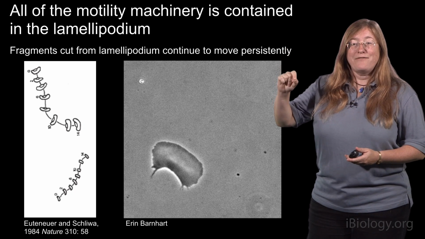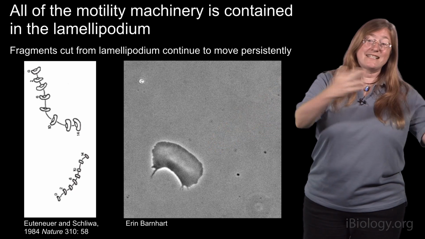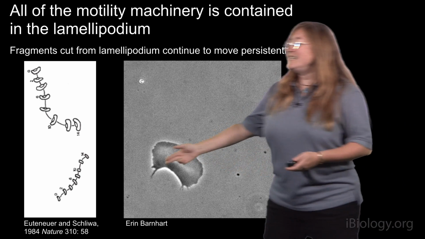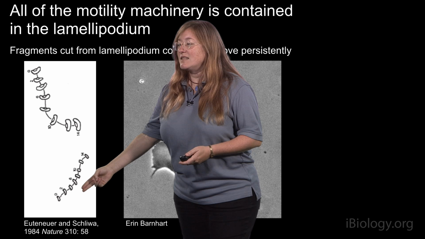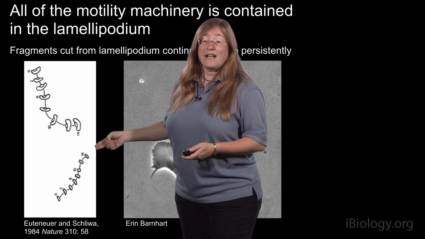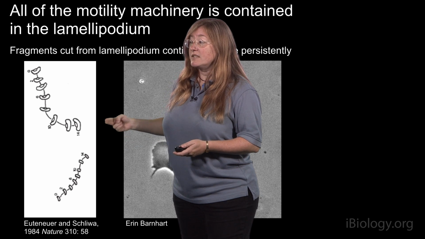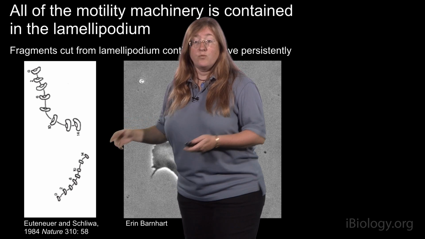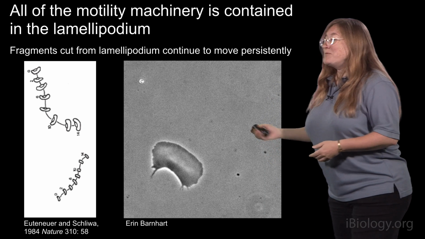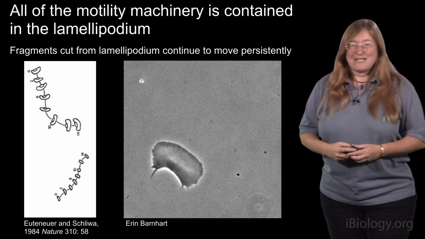little bits off of the lamellipodium of a keratocyte, leaving the cell body behind. And we're able to see that those small fragments of the keratocyte lamellipodium were able to continue to translocate on their own and move at just about the same speed and just about as persistently as the whole cell was when it was intact. And this movie here shows a modern reenactment of that experiment that was done by my